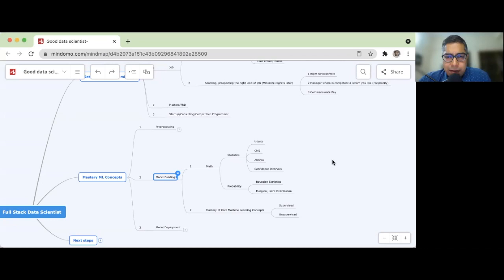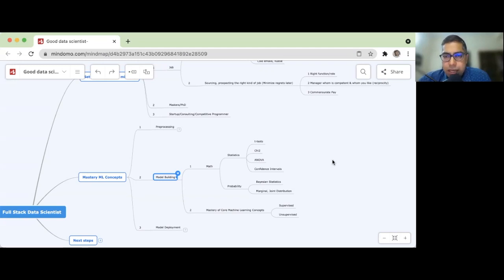In terms of probability, we're going to be looking at Bayesian statistics, marginal, joint distributions, etc. So really, really, really try to get your foundation strong in terms of probability. If you're trying to take this course, brush up definitely on all of the probabilistic modules: coin tosses, Bernoulli, binomial distribution, and so on and so forth, just so that you have a set foundation, right? And when you come to the class, you start hitting the runs, start scoring.